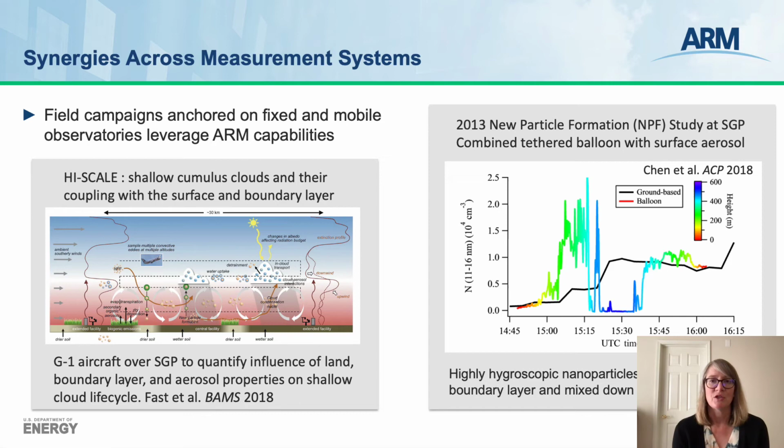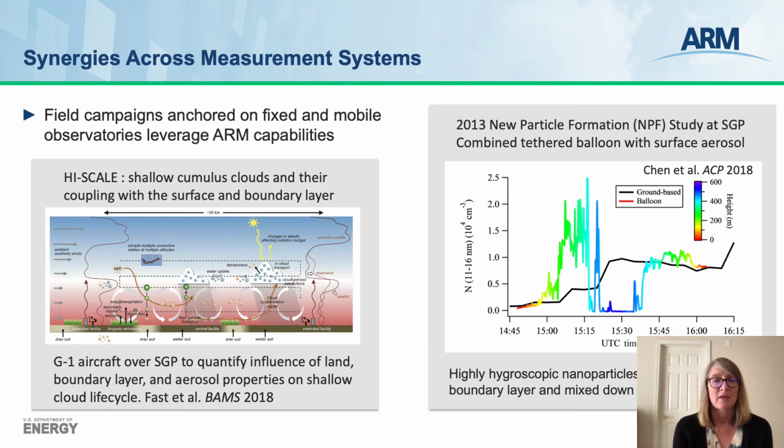So I've provided you with a brief overview of a broad range of ARM capabilities. By combining these sets of capabilities, we can build synergies across measurement systems to apply to focused science objectives. One example is to anchor field campaigns at fixed and mobile observatories and augment these with aerial capabilities or guest instruments. For example, the HI-SCALE campaign aimed to study shallow cumulus clouds and their coupling with the surface and boundary